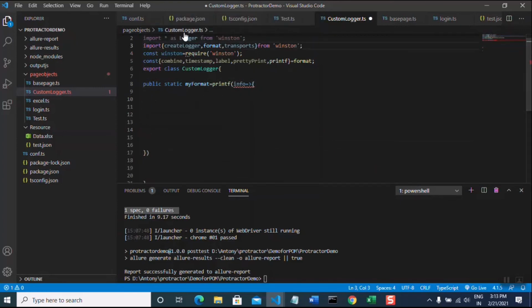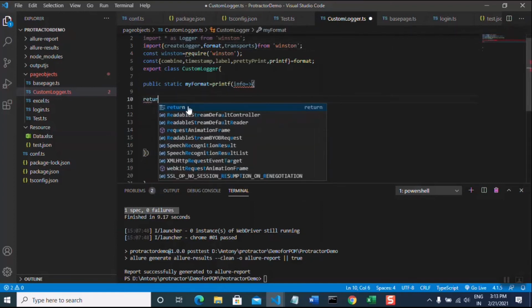So it is a block. So inside we can add a few statements. Return